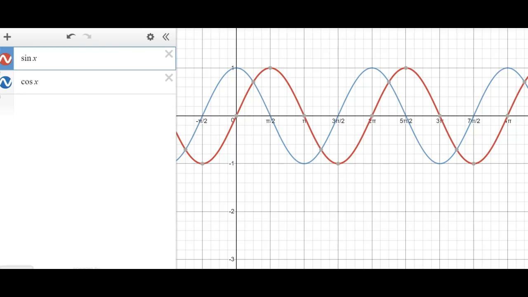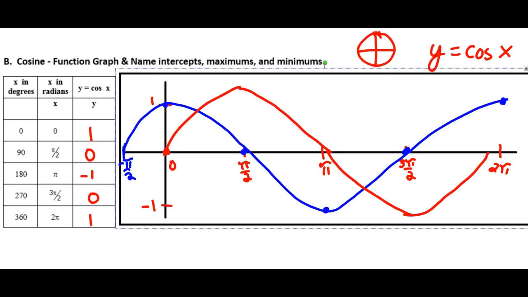That's why I said any type of periodic motion we can relate to as sine or cosine, because with some transformations, I can take this blue graph and shift it to the right by pi over 2. And by doing that, then it's going to be on top of it. In fact, let's try that out. What type of transformation would shift the blue graph, that would be cosine there, to the right pi over 2? As we think about that, because it's going to lead us into some things we're going to be talking about in a moment, think about,